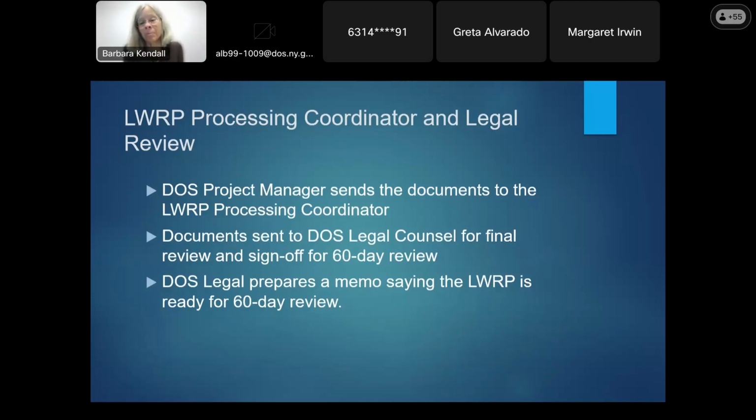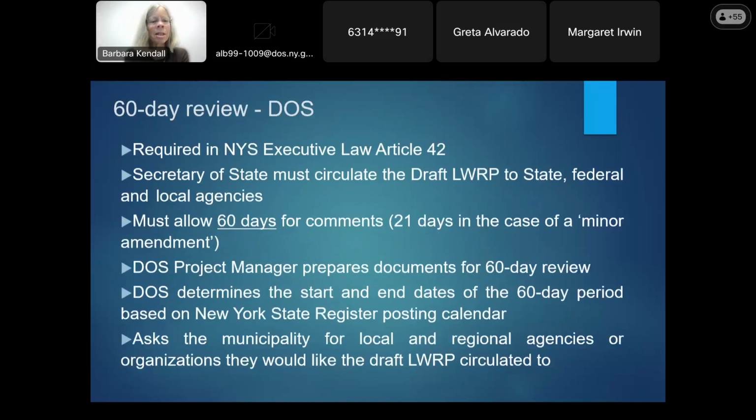It makes us faster, because it has to be an almost perfect document for our management and legal to sign off on it. We have somebody in the executive department, one of our deputy secretaries, who will find the things that I just said. If you don't do it and I don't do it, they will find it. So thank you in advance. Okay, so the 60-day review, once we have that complete draft, this is required in Article